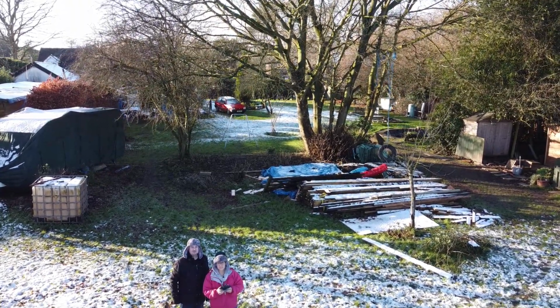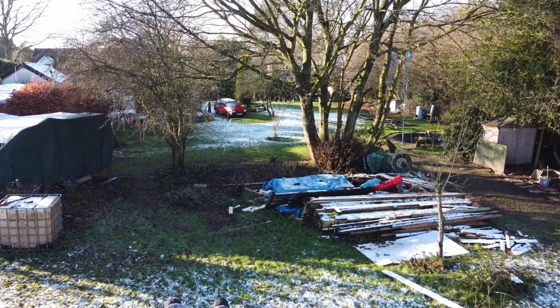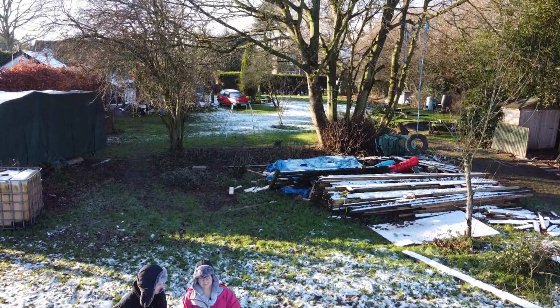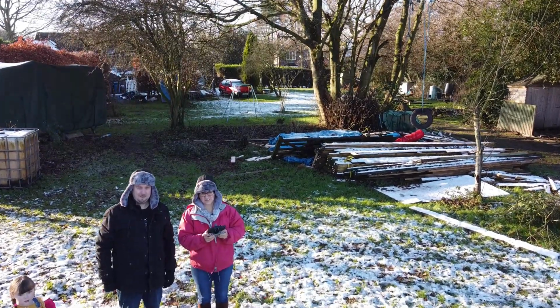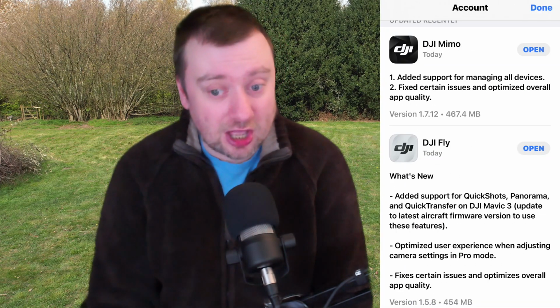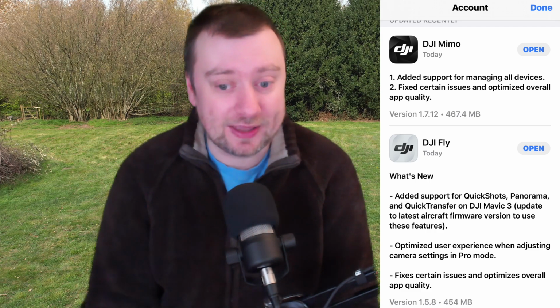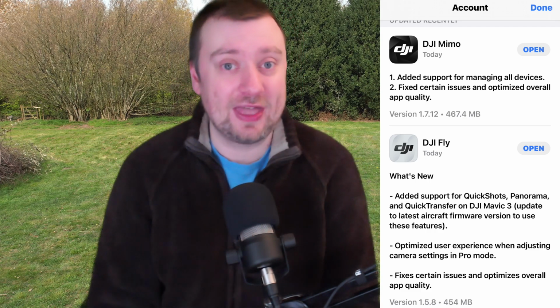Now, there's not an incredible amount of excitement here for those of you who, like me, only own, for example, the Mini 2, as this is mainly and clearly aimed towards the Mavic 3, which is the new flagship drone that was released late last year. So the update notes tell us that there is now added support for quick shots, panorama and quick transfer for the DJI Mavic 3,